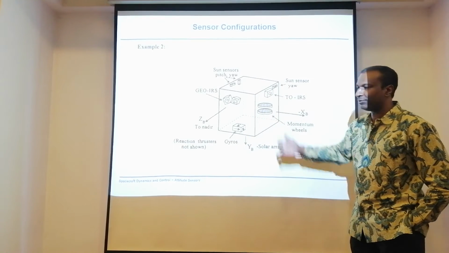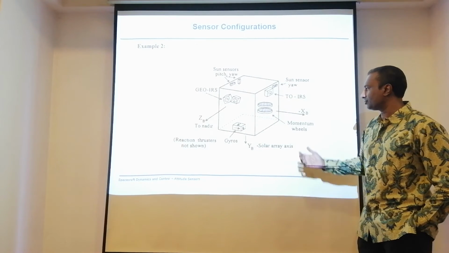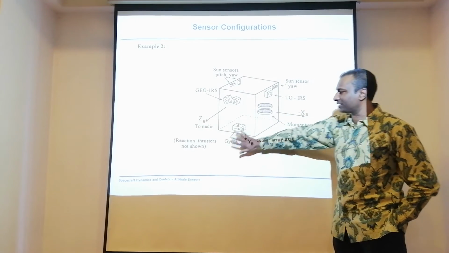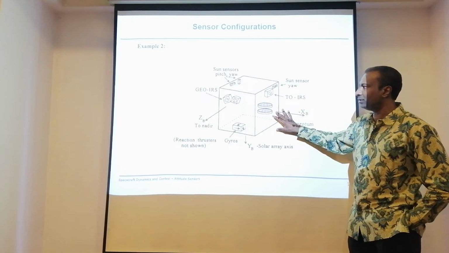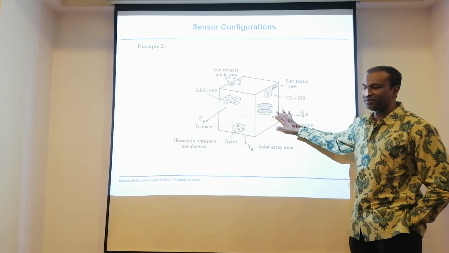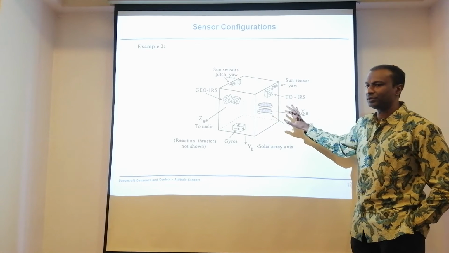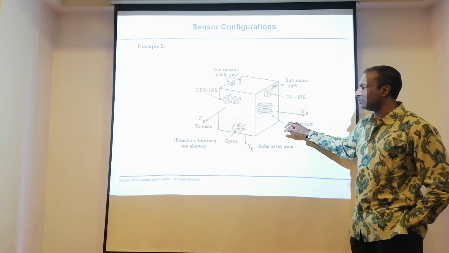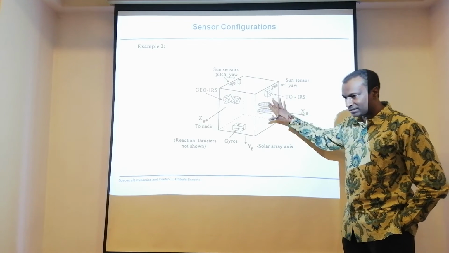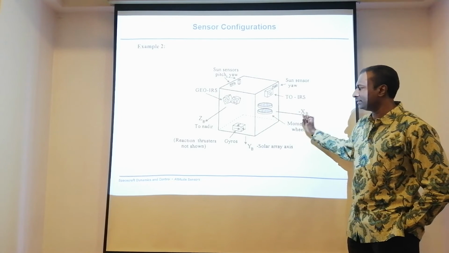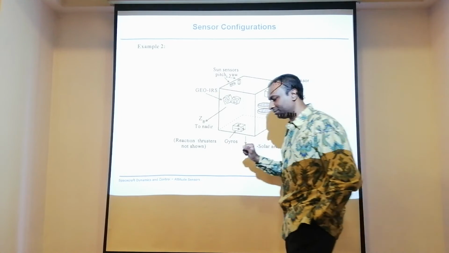Now, I didn't put in a transistor here. Gyro, assume that we are using a fiber optic gyro, it's also fine. And momentum wheel or even reaction wheel, it depends. Actuators are not critical here, so I haven't shown them. In the previous lectures, I have shown the full actuators, how the attitude actuators can be installed. So just imagine you superimpose the sensors and the actuators, then you will get a full complete satellite in terms of attitude control and determination.